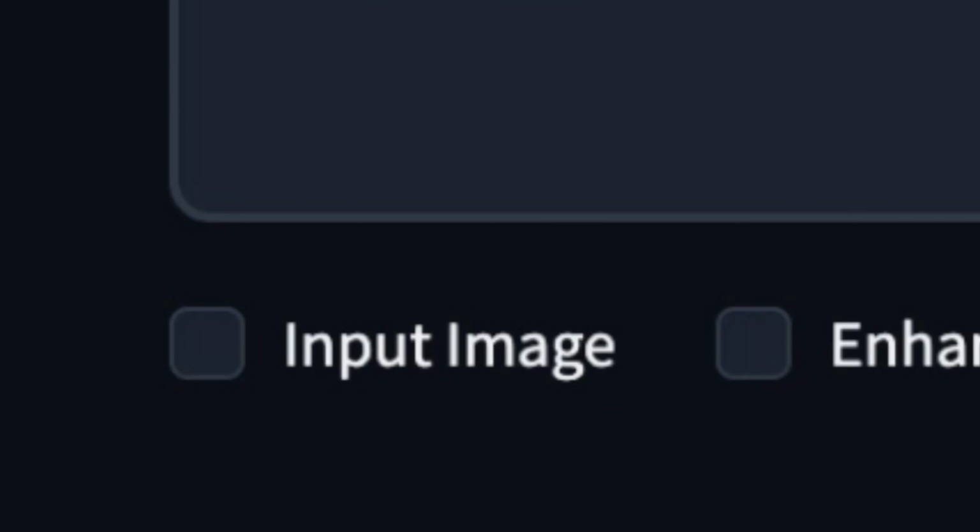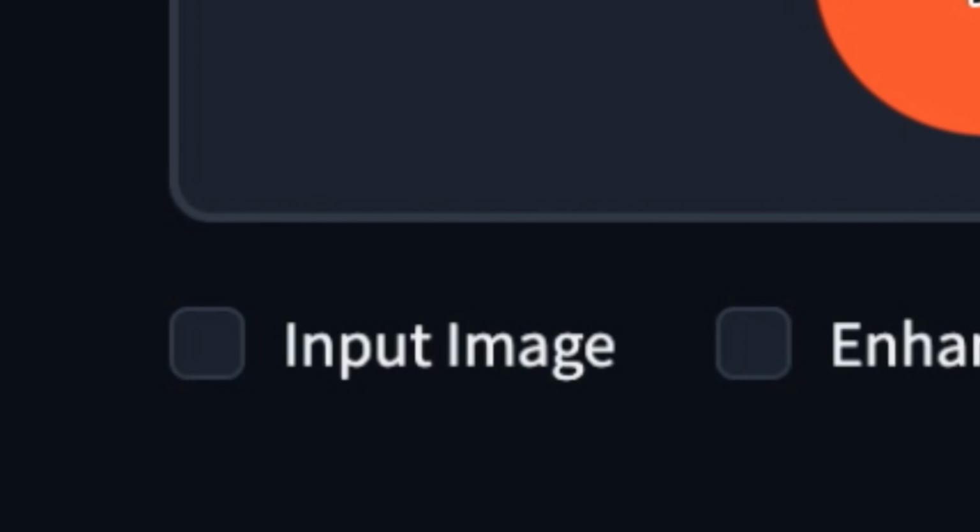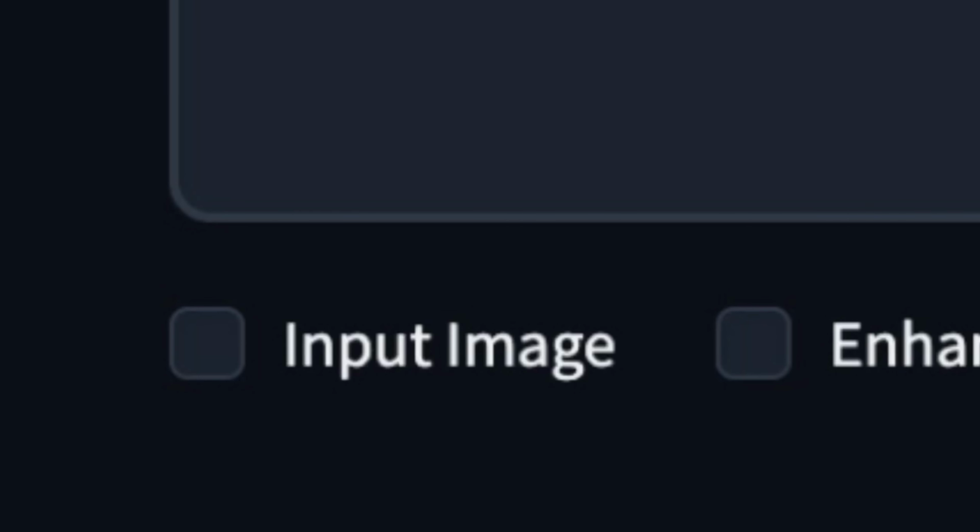I'm in Fooocus, entering my prompt. A very beautiful woman in a red, blue, green t-shirt. If I put the color names here in square brackets, when I run it, Fooocus will produce them one by one. We can expand this even further. For example, if I say blonde, brunette, black-haired women wearing red, blue, green shirts, it will produce all their variations